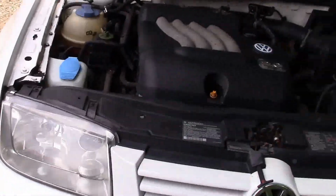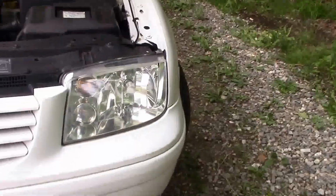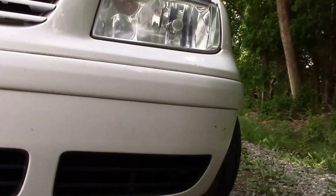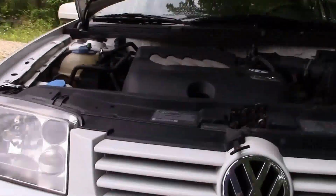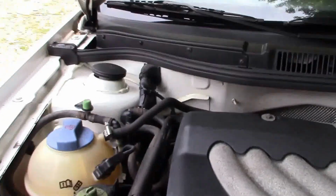Headlights are pretty clear. Grill's nice. One thing I could tell about a car that's been well taken care of is when you look down here and you see that it's not all busted up, that tells me that somebody was careful. They didn't go smashing into curbs and all that. And just the way this thing runs